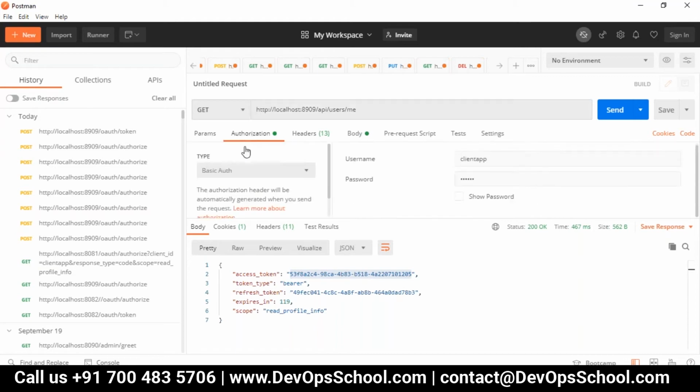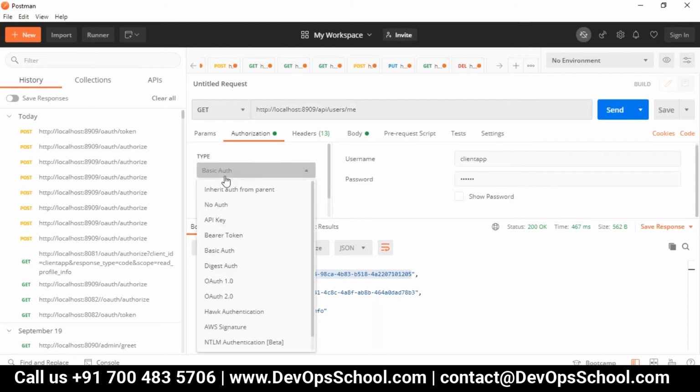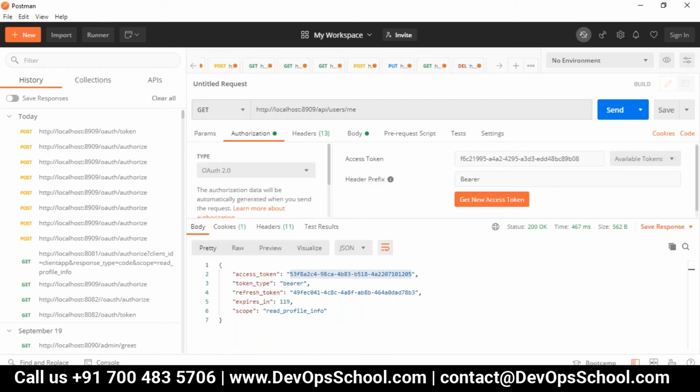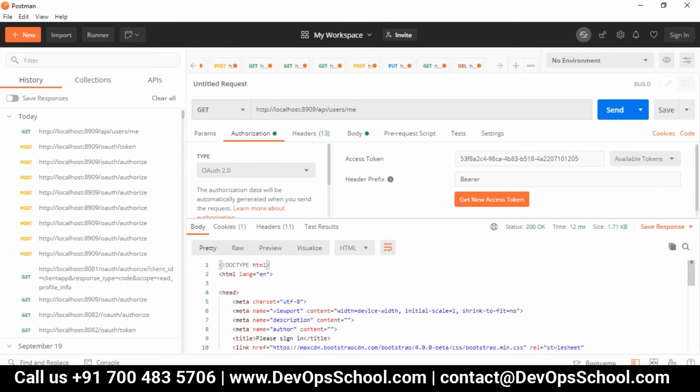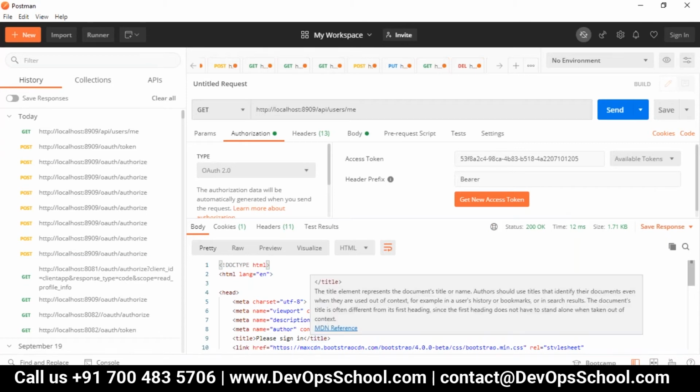Then in authorization, we have to mention that it is authentication, and then the access token which you have got. Now send the request. You are able to see we got a 200 OK status here. Okay, so this is how authorization or authentication works.